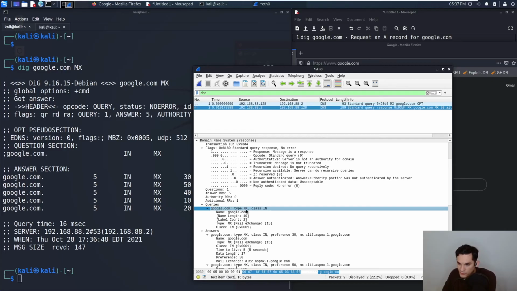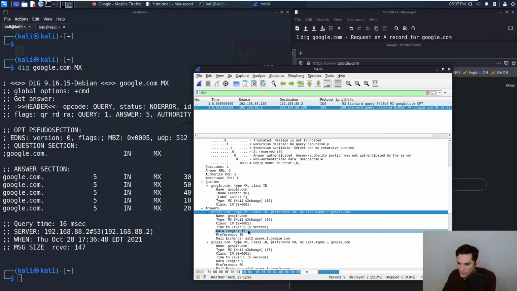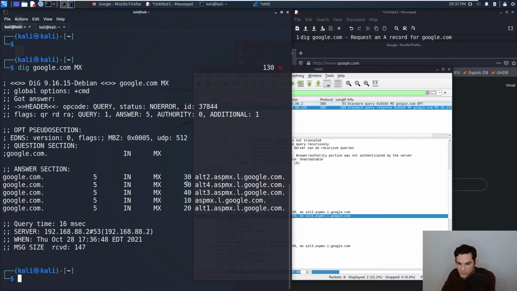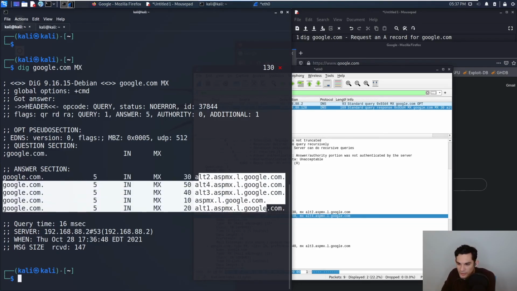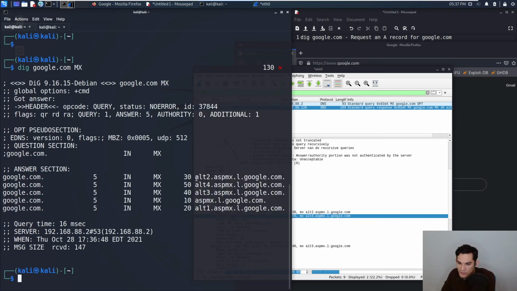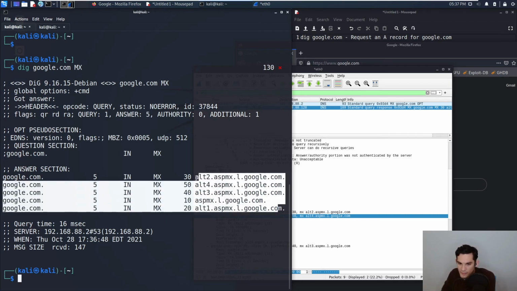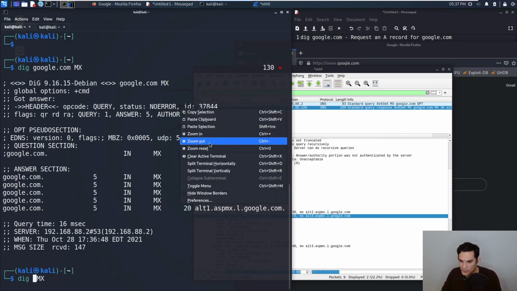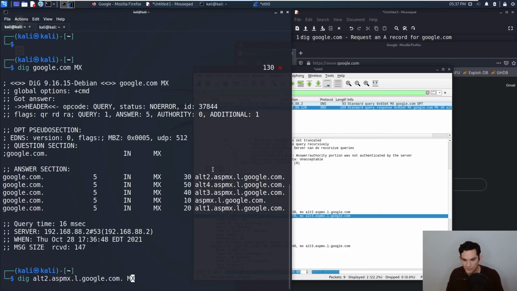It's acknowledging our query for the MX record. Here's the response. And there's actually multiple records. So on the left side here, you can see that these are all different servers that are responsible for handling the mail for google.com. I can now subsequently do a lookup on these individual servers. So I can do a lookup over here. Let me paste my selection.